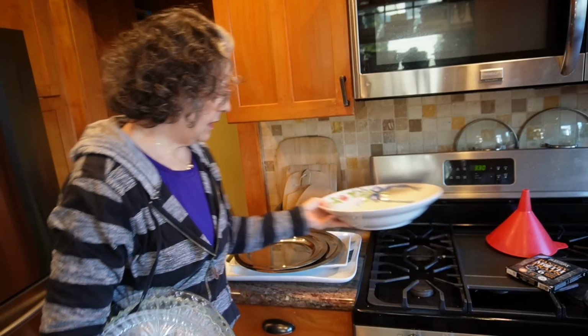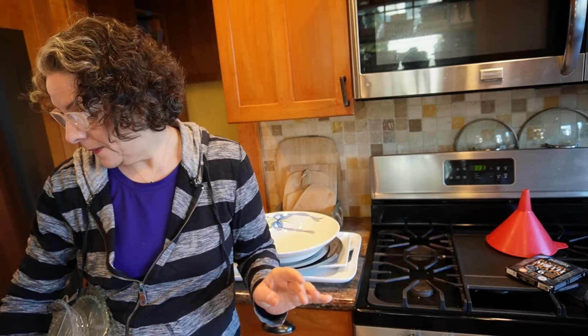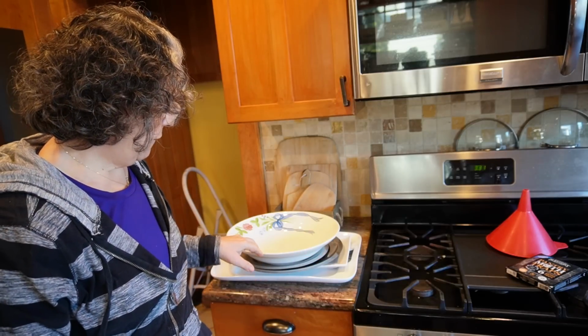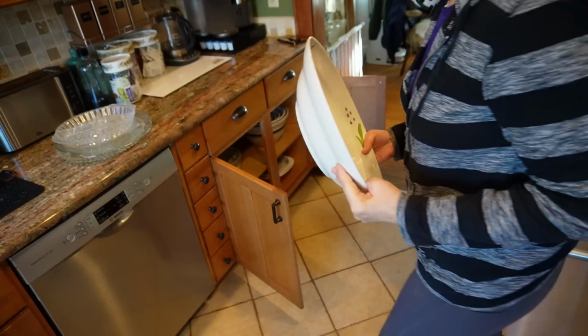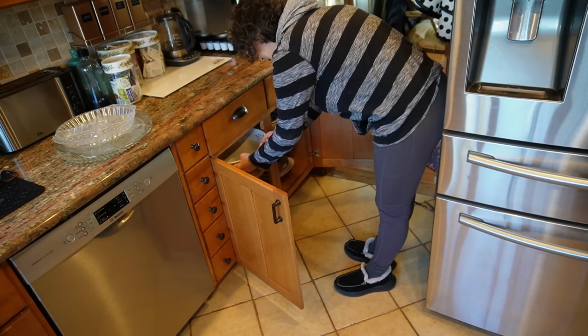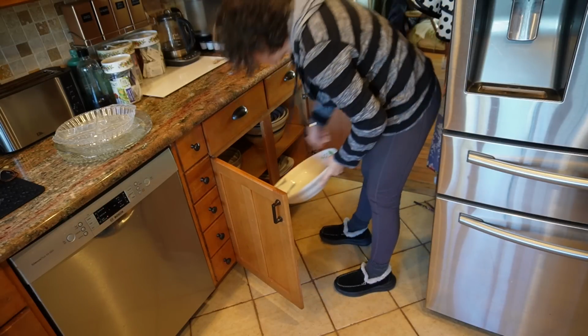And then this one, I'm gonna keep it here, I think. Let me see if it fits. Because the trick is, can I fit it like this? Yes, so it would fit on one of those drawers. All right, so I'm gonna keep it here